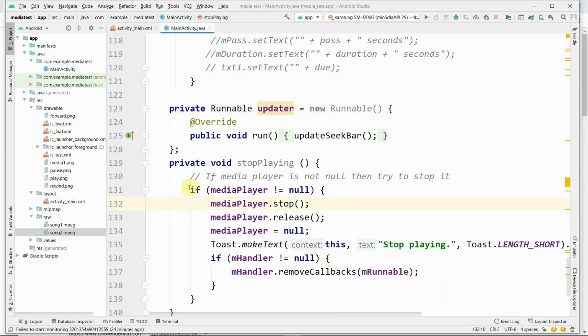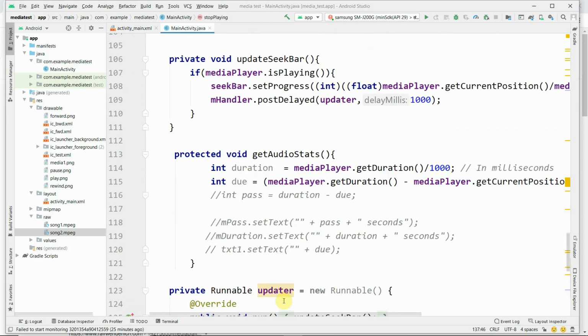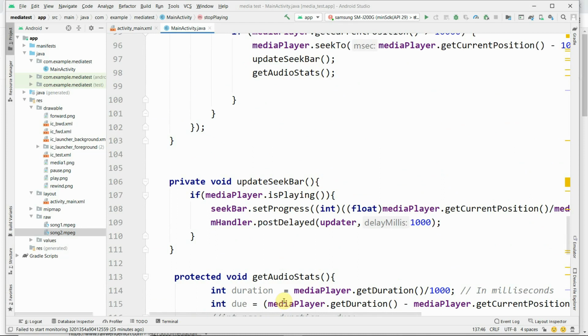If mediaPlayer is not equal to null, meaning the media player is already started, then the media player needs to be stopped, released and assigned null. A toast message, stop playing, is displayed, and mHandler is used to remove all callbacks of the Runnable class. Thus, these are all the methods used for the media player program.